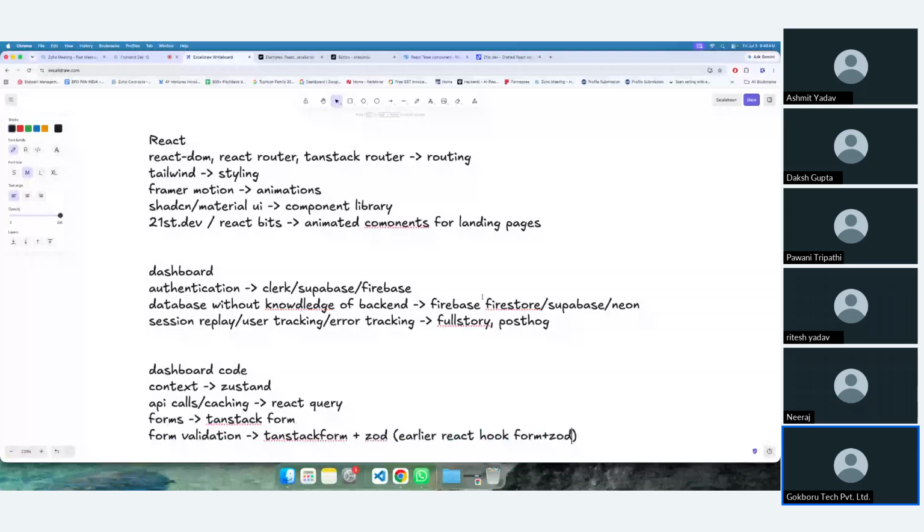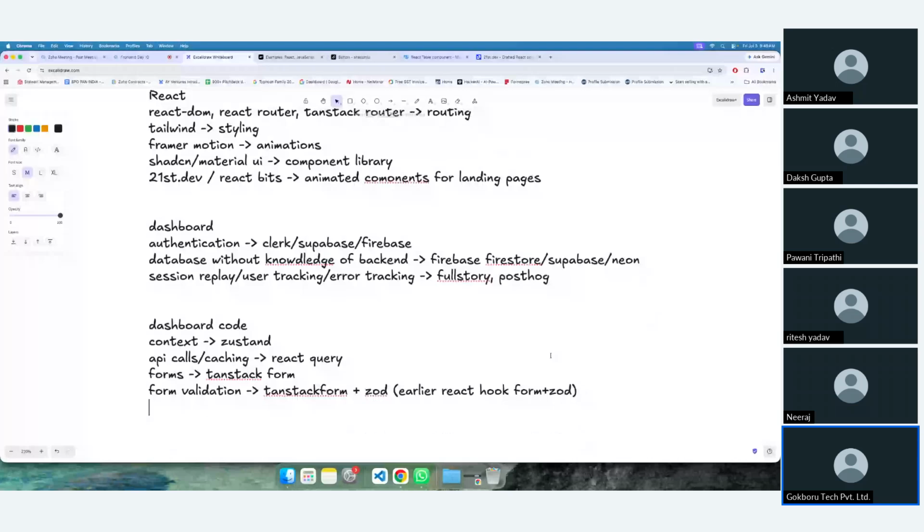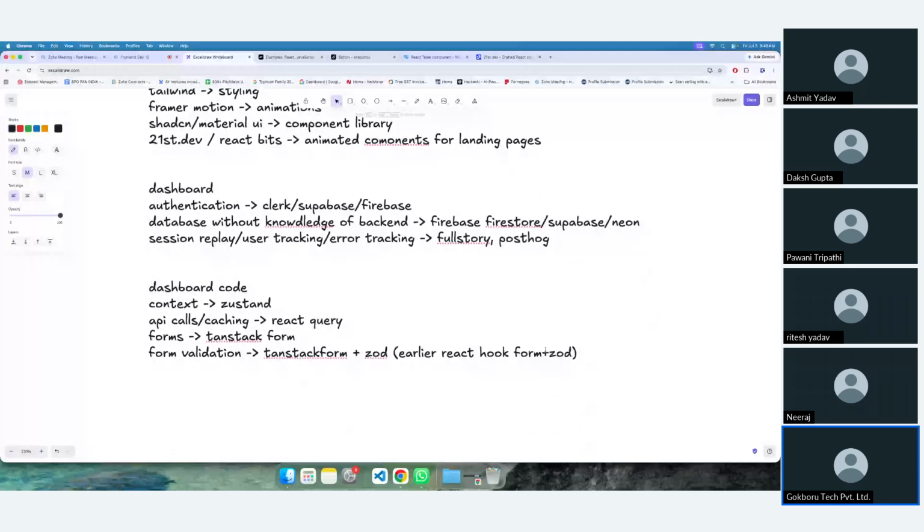So if you want to test, you can use React Hook Form plus Zod and normal HTML. And nowadays we have TanStack Form plus Zod. Sorry. And then if you need to track analytics,